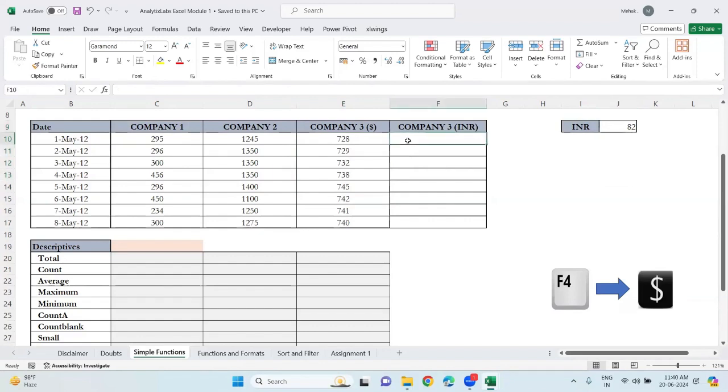Okay, let's do that. Equals to company 3 values. Now, cell freezing is not said that